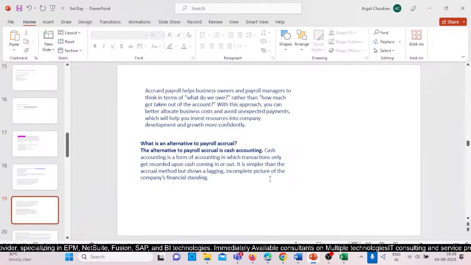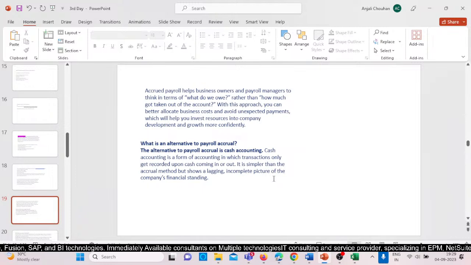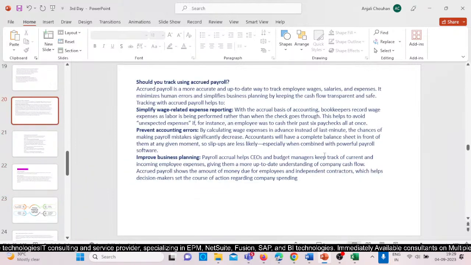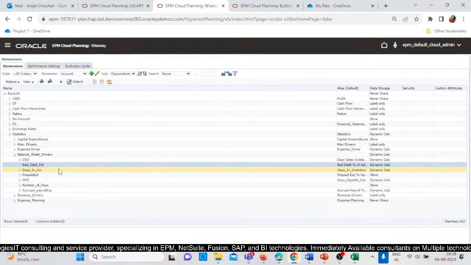And if we talk about the accrued payroll, it helps business owners and payroll managers to think in terms of what do we owe rather than how much got taken out of the account. And what is the alternative to payroll accrual? The alternative to payroll accrual is cash accounting. Why? Because cash accounting is a form of accounting in which transactions only get recorded upon cash coming in or out. It is simpler than the accrual method but shows a lagging, incomplete picture of the company's financial standing. If we talk about the formula for that, let me move to the application,